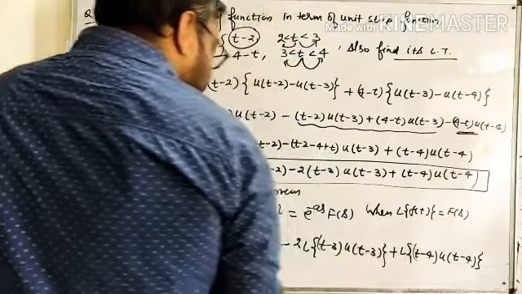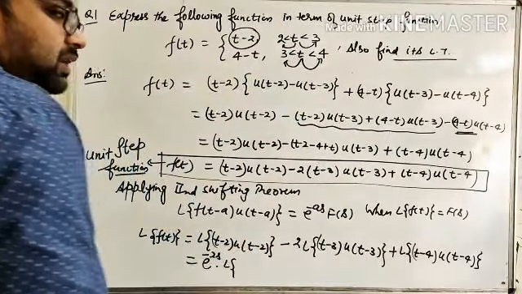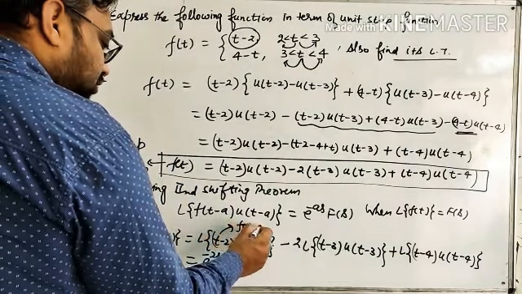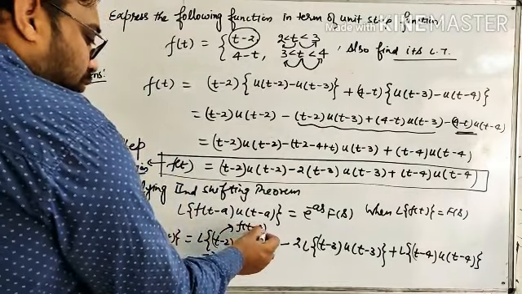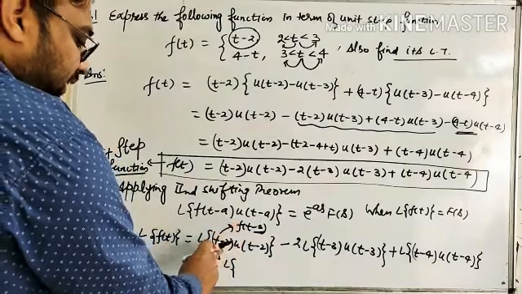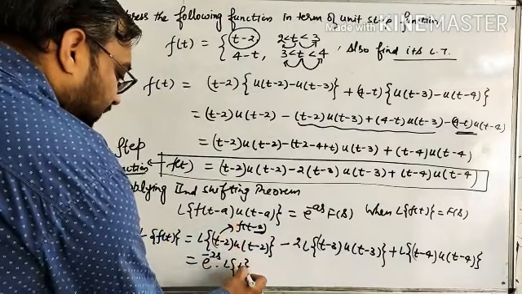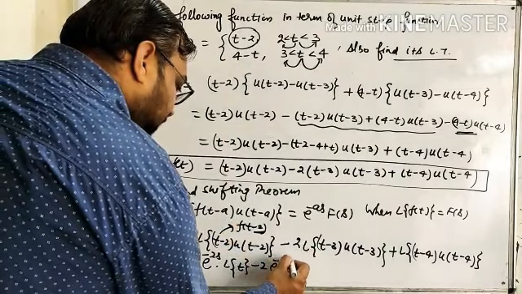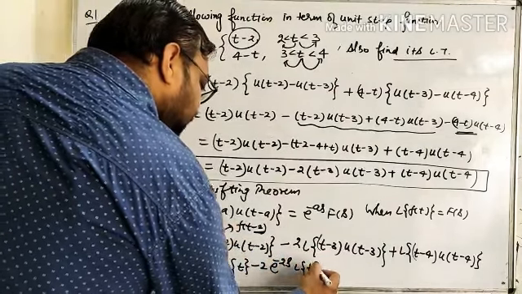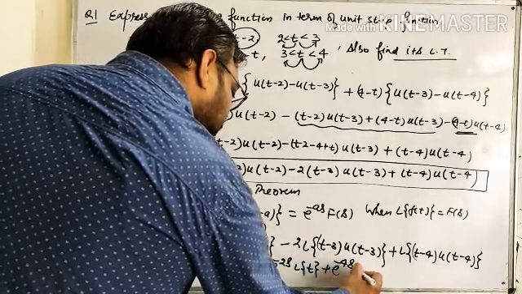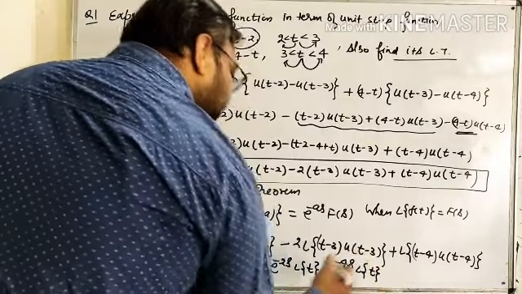In this particular case, we have to identify f(t). This t minus 2 works as f(t minus 2). If we remove this minus 2, then this will convert into f(t). That is Laplace of t. In this particular case, minus 2 e raised to power minus 3s, Laplace of t, and in that particular case, plus e raised to power minus 4s, Laplace of t also.